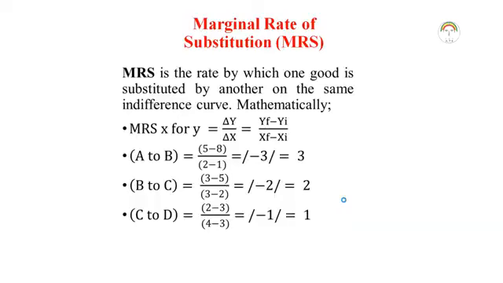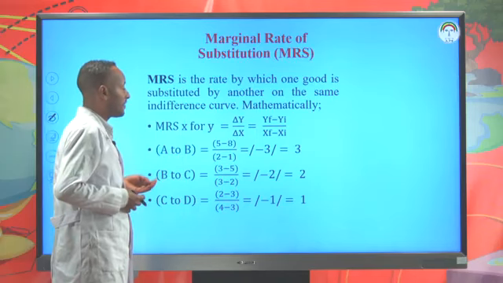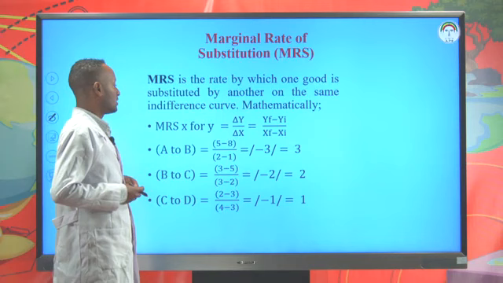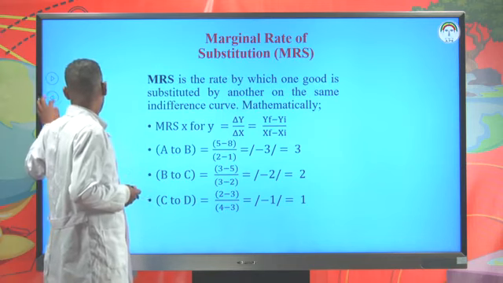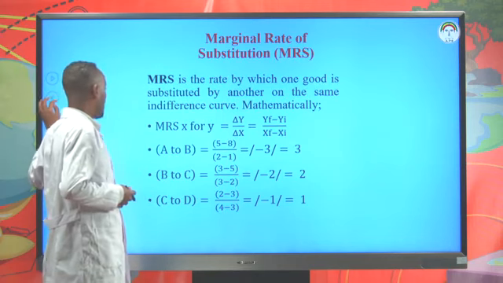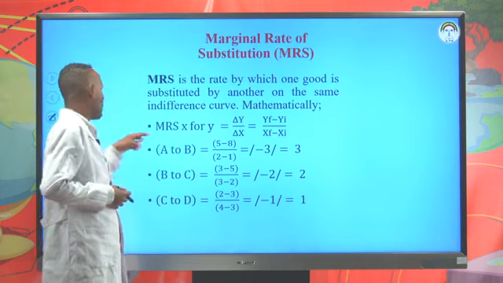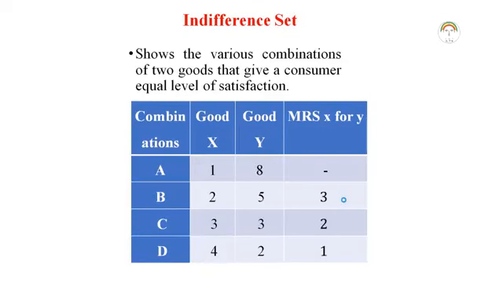This means change in Y is Y final minus Y initial, and change in X is X final minus X initial. So when we calculate the marginal rate of substitution of X for Y from combination A to combination B,